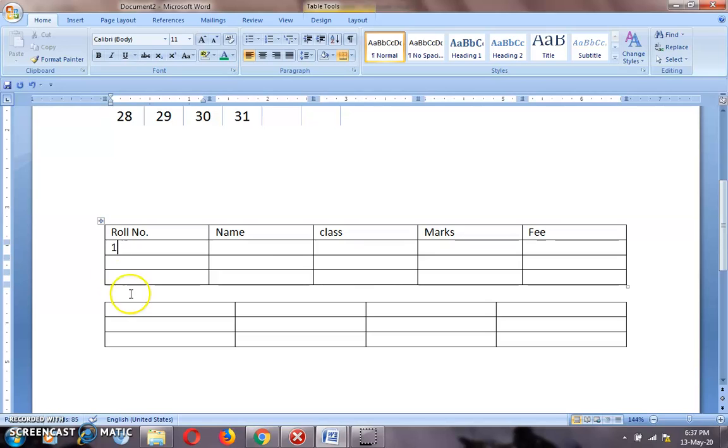Roll number 1, 2, 3. Ram, Rahul, Mohan, class 10th, marks.